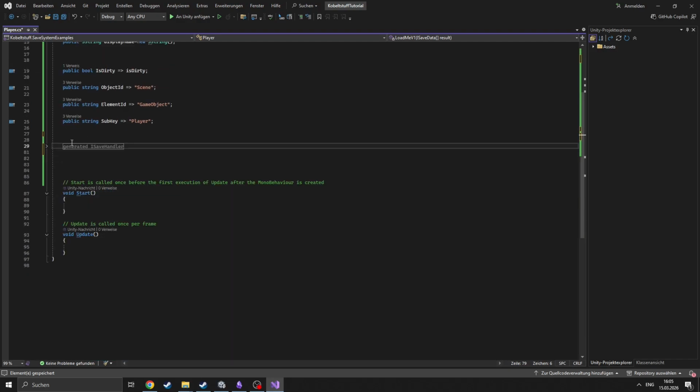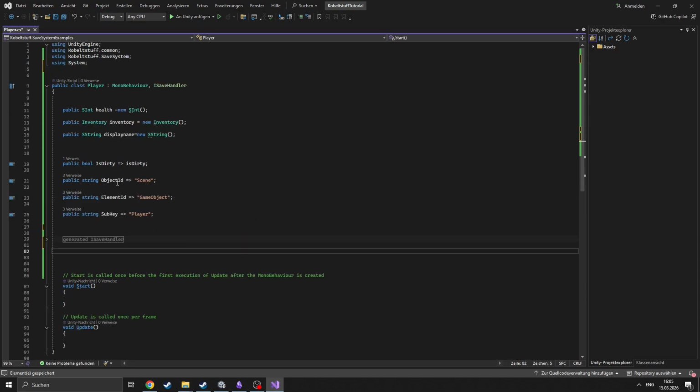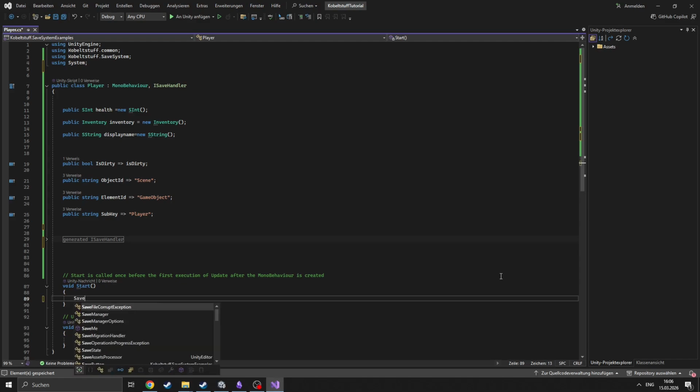Therefore, we can just close the region, and you see that you have a better look at the class. It's not cluttered, and the only thing we have to type now by hand is